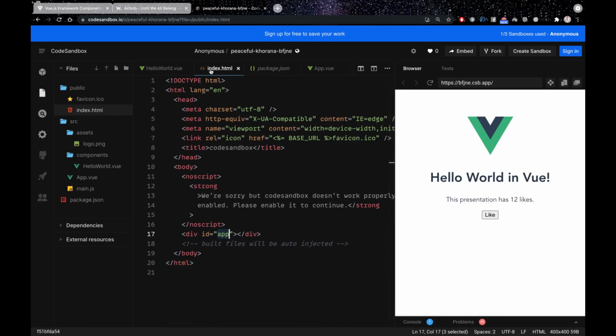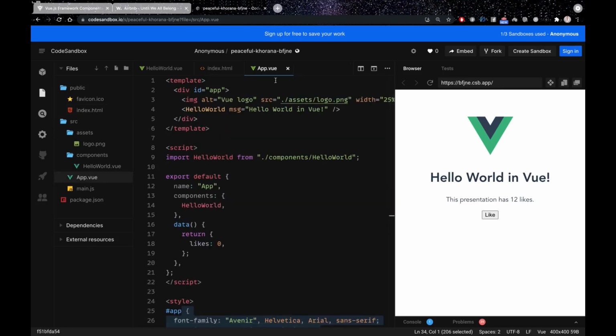As I mentioned, you have your HTML with a simple ID tag, which is important, and then we're going to be injecting our Vue.js into this ID tag from this app.vue file. So as you can see, again, template, HTML code, script, JavaScript code, and style, the CSS code. And we are simply